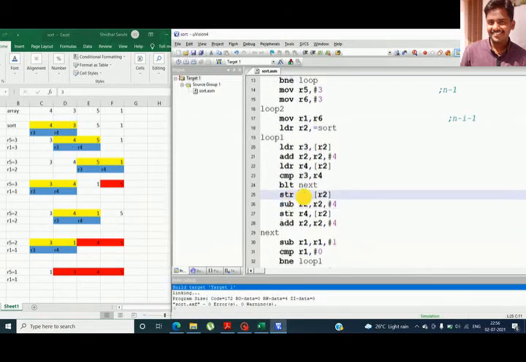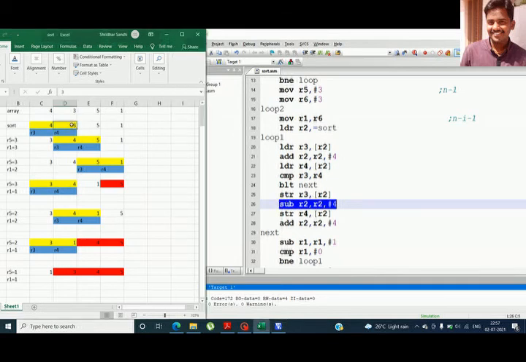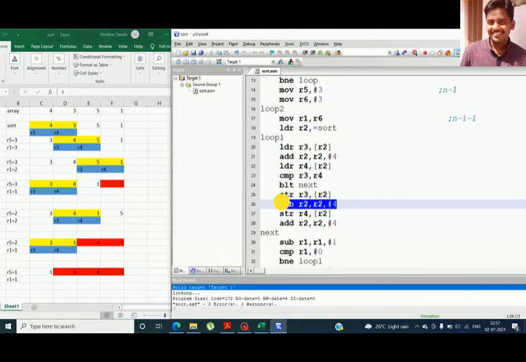I need to swap this content, so that's what I'm doing. I'm storing the value of R3 into the second memory location, and the content of R4 I'm copying to the first memory location. How will I point to the first memory location? I can point by subtracting 4 here, right? Initially it is pointing to the second memory location. Once I place the content of R3 into the second position, I reduce it by 4 so that it is pointing to the first position, and then I insert the content of R4, okay.